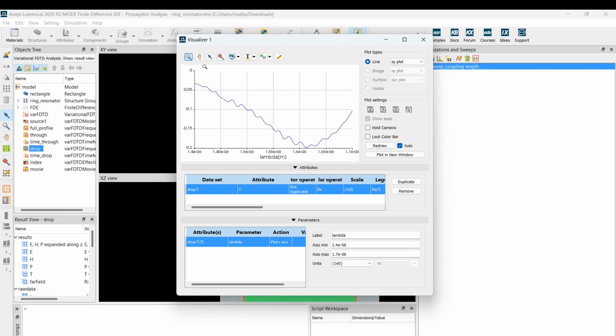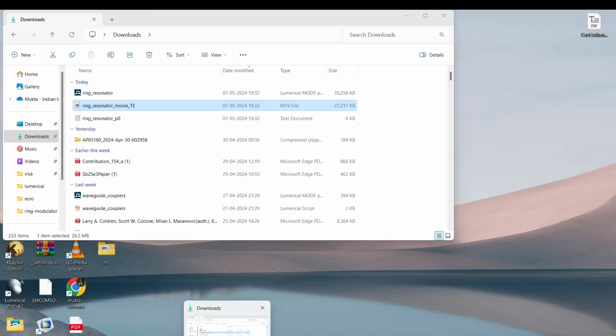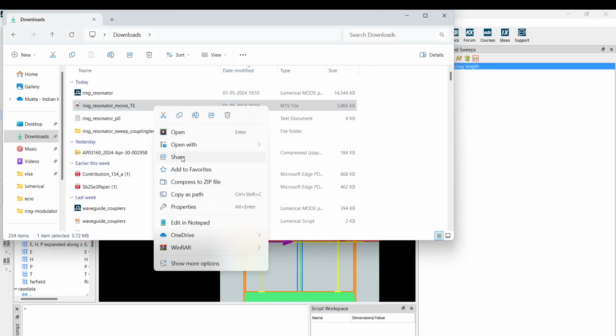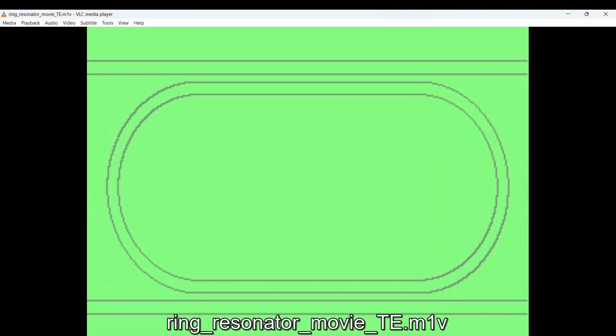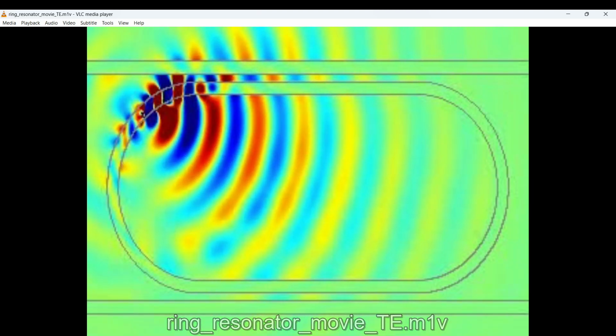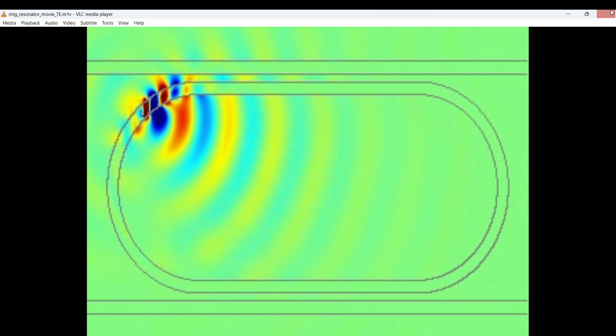Only 20% of light is coupling to the other arm, as you can see. Let's see the movie. Oh, that's the problem.